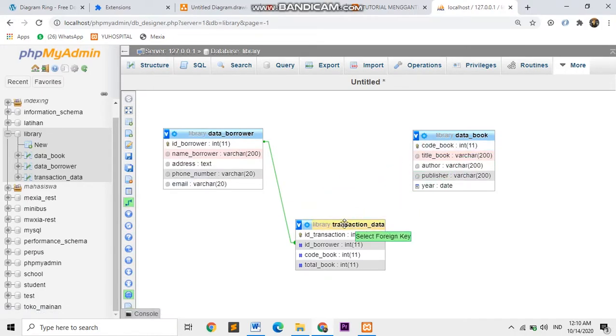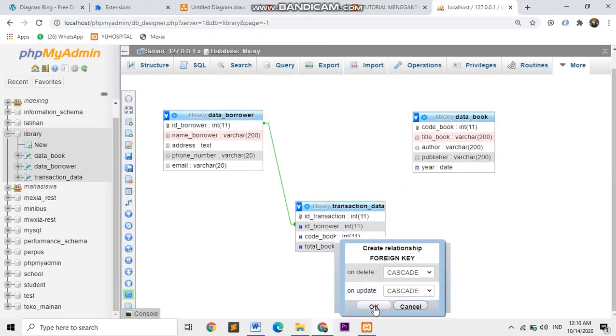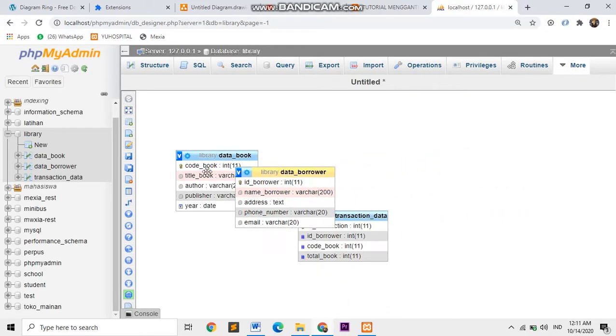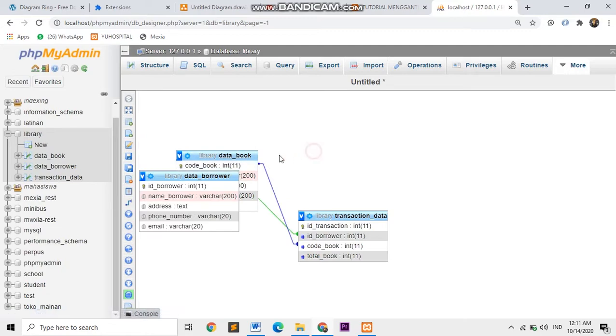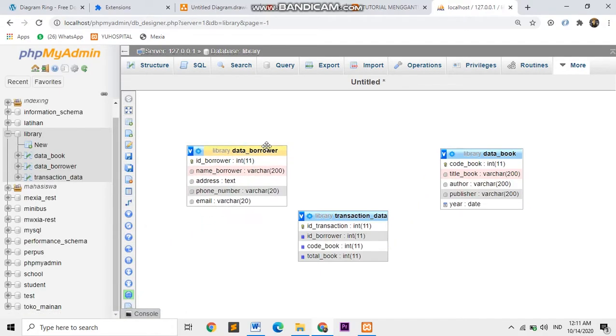Click code book and then code book, cascade, cascade also. Okay, so like this.